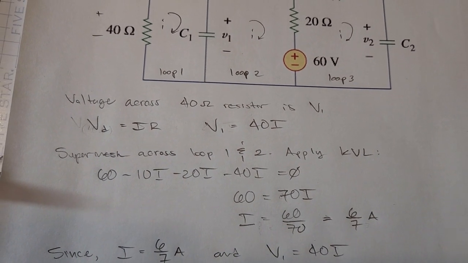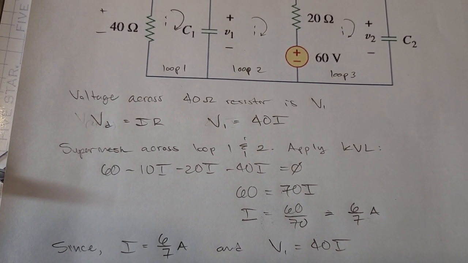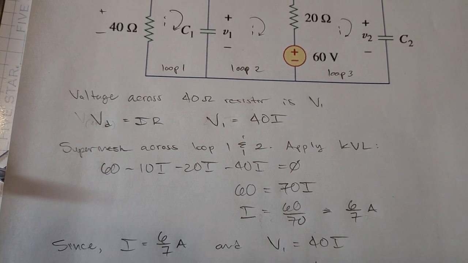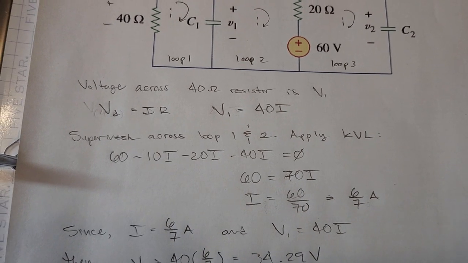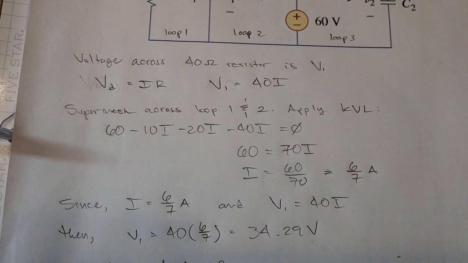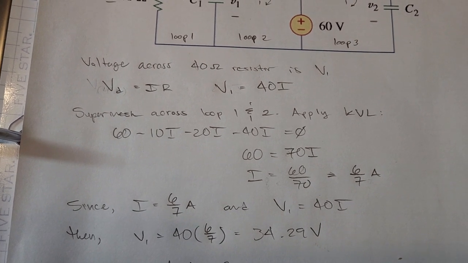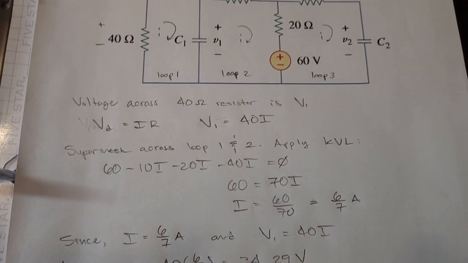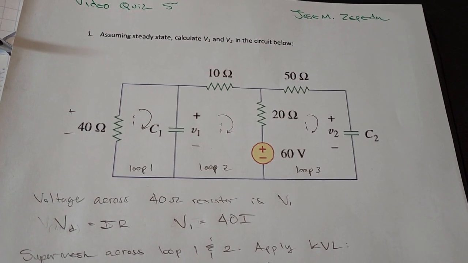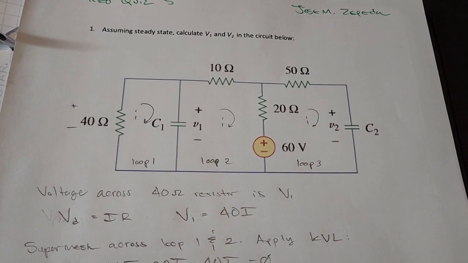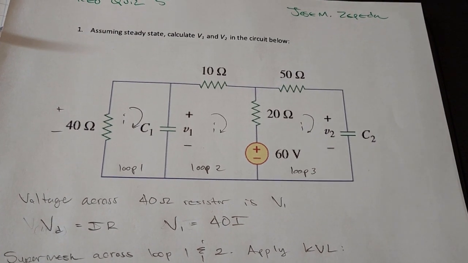6/7 amps. And the next thing I did was substitute my unknown variable into my previous equation, V equals 40I, which yields a voltage of 34.29 volts. And then the next thing I did was to start applying KVL around loop number 3, and